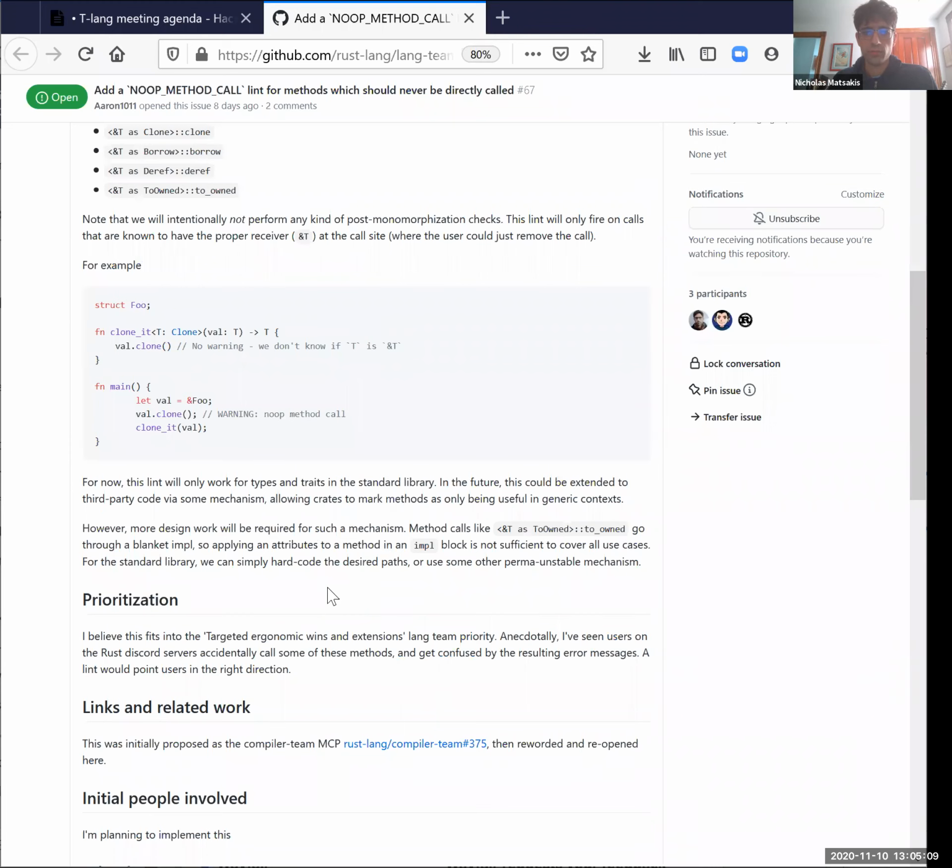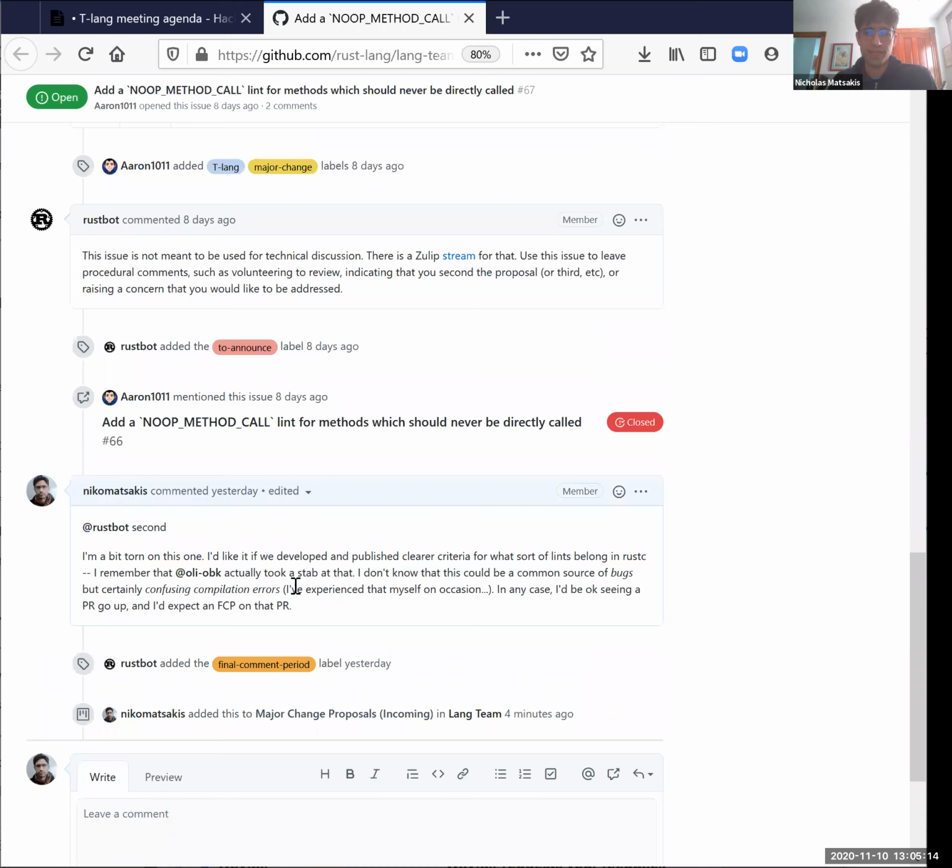Yeah. Oh, I seconded this. I thought we should just approve the PR, but I wanted to give people a chance if they wouldn't like to see this lint. This is something Clippy classifies as a correctness lint. I feel like I've seen some bugs, although it seems more like a confusion lint to me, because it often gives type errors.